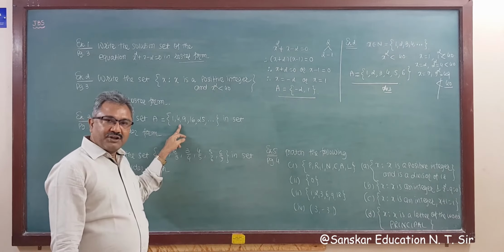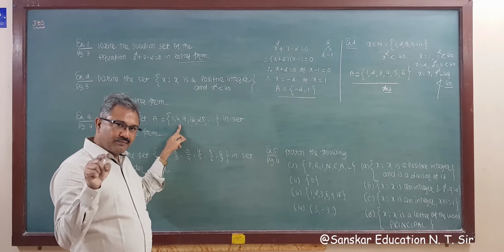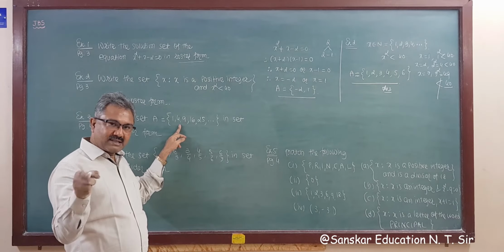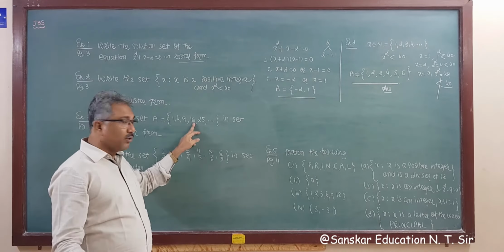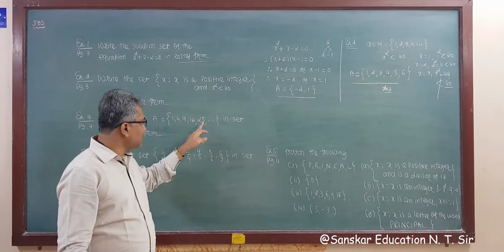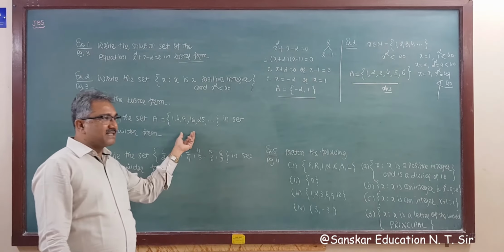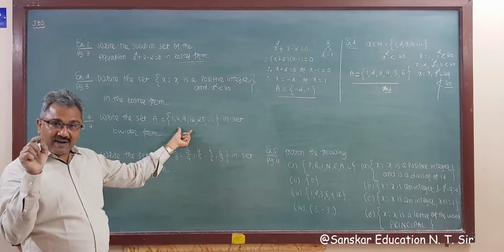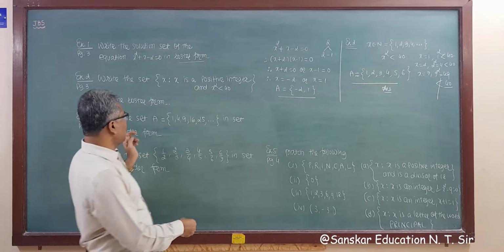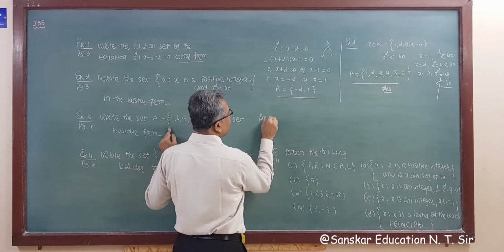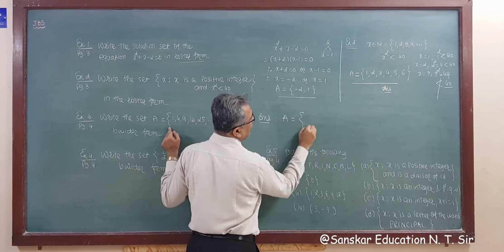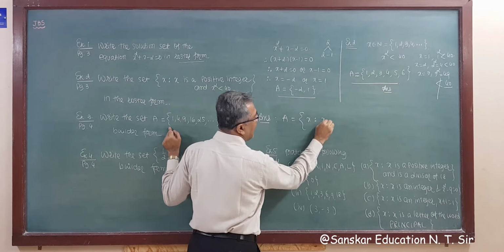Now 4. 4 is the square of 2, then square of 3, 9, then square of 4, 16. And this is the square of 5, 25. So what is this? This is the set of squares of all natural numbers. So your answer will be, suppose we call this set A again, then A is equal to {x : x